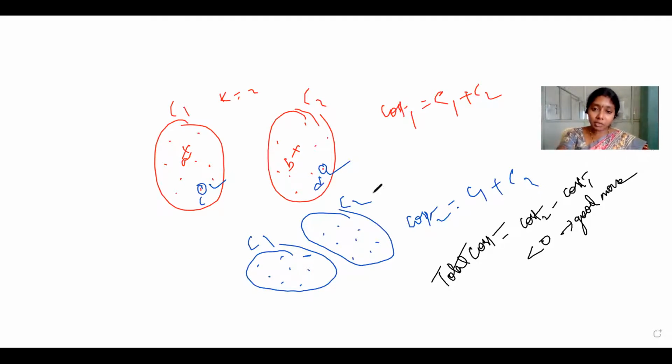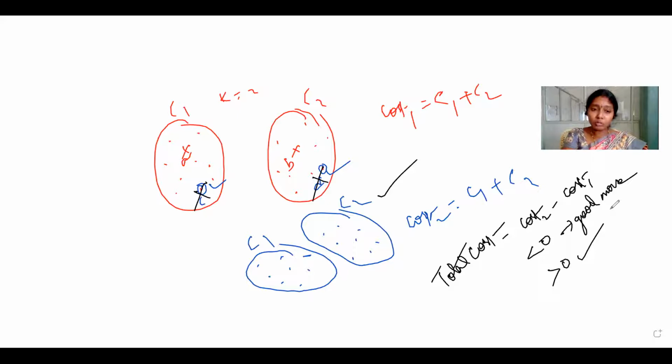That means the clusters formed in the second iteration are improved clusters compared to the clusters formed in the prior iteration. So you can proceed with these new representative objects and follow up with the next task. If this difference gives a positive value, the step which you have taken is not a good step. You can continue with the previous representatives. That means these are not a good selection of representatives.